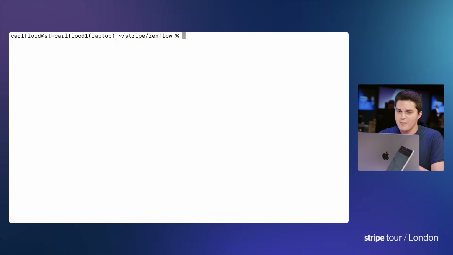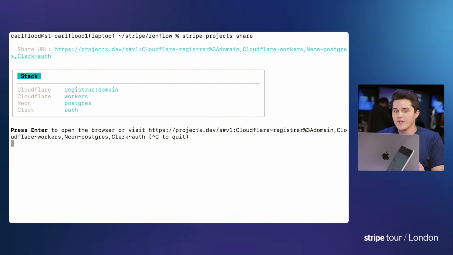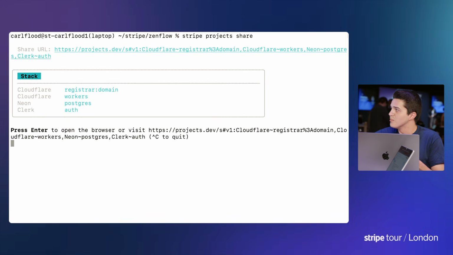Yeah, let's see it. Yeah, so I have a Stripe project that I've been working on called Zenflow, which is like a small Stripe platform. It's got some hosting, a database, nothing too crazy, but I have a very specific stack that I like. And if I wanted to give it to somebody else and allow them to use it for theirs, I could just enter stripe projects share. And it creates a really nice share URL, which is completely agnostic. So if I open this up,